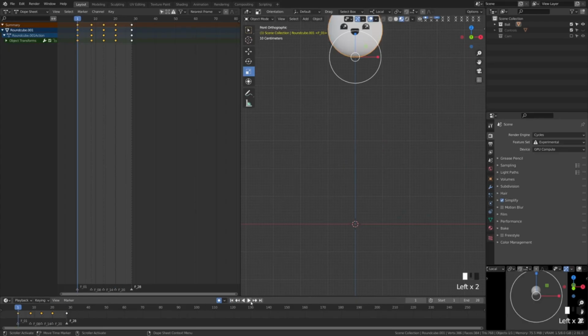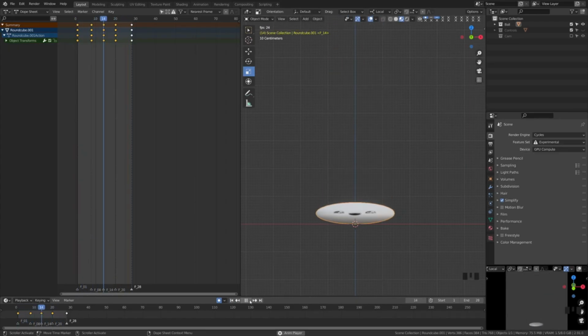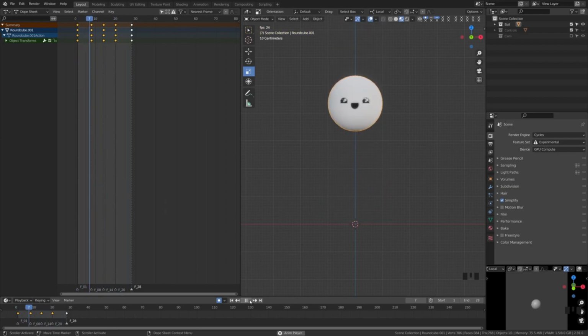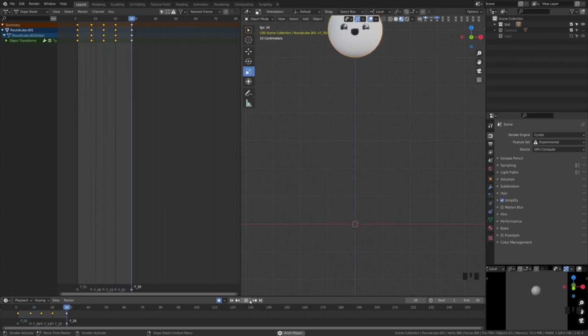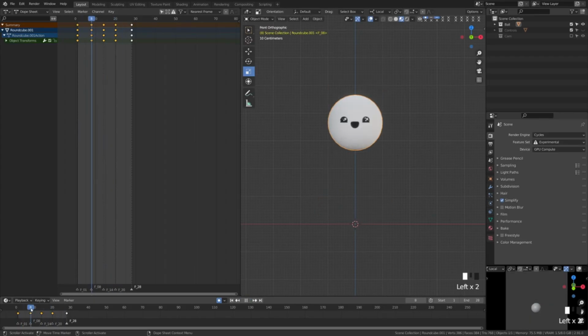So let's go ahead and hit play now. We can see that that's starting to look better, but the easing's still off. The timing's good though, so we can fix the easing in the last phase and really polish off the timing to make that work. So what we'll do here is come to frame 8, and now we're going to